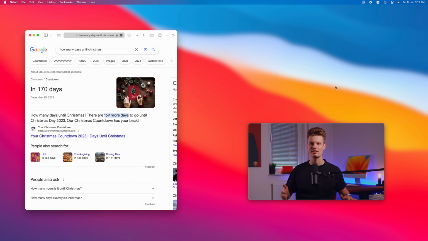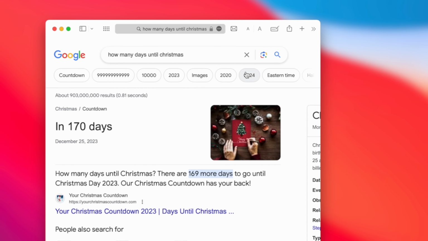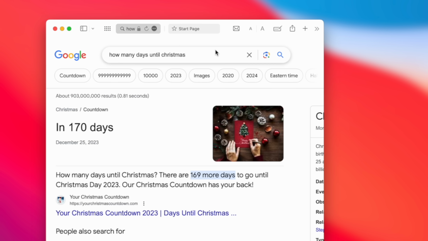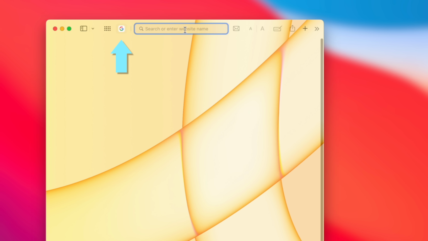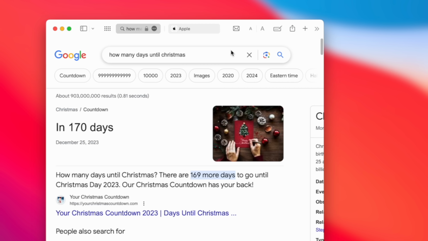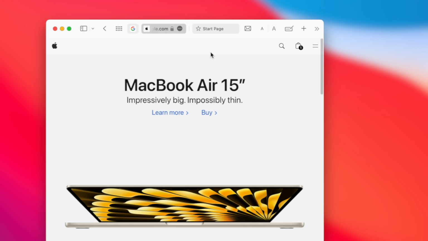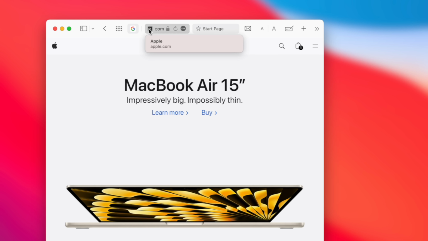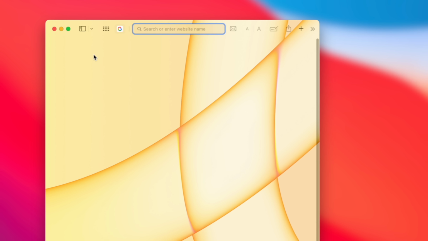want quick access to, you can easily pin it to your tab bar. Just right-click on the tab and choose Pin Tab. From now on, it will stay fixed at the left side of your tab bar, even if you close and reopen Safari. When the tab is not in use, it shrinks down to save space. And to instantly access it, you can hit Command and 1, and if you have a second pinned tab, Command and 2 to quickly switch between them. This is different to adding a website to your favorites, because once you close a tab, it's also removed from